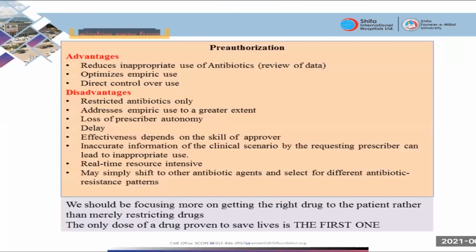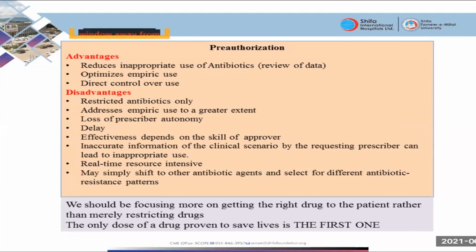But there are pros and cons associated with this strategy. It has been shown to be more effective than other persuasive strategies, and it has demonstrated no adverse effects. It certainly optimizes the use of antibiotics because an ID physician or an ID pharmacist first reviews the orders and then allows their approval against pre-decided criteria. In this case, the reviewer has direct control over the use of the antibiotics, and the primary physician uses